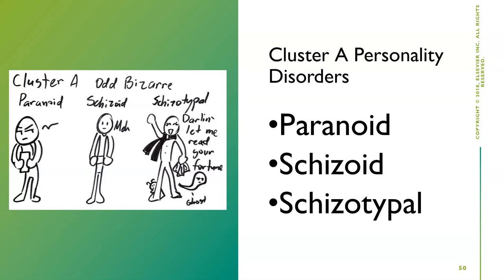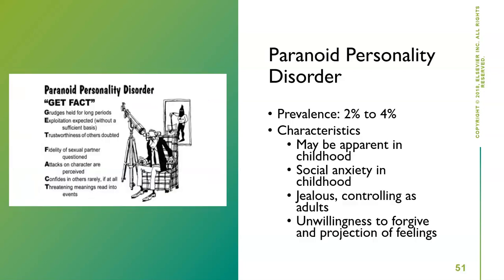As I said when I told y'all to watch this video before class, I'm going to be giving you some examples of people who may have this personality disorder, but I don't draw from real life. So I'm going to be talking about characters from movies and books and TV. Once or twice you might hear real life, but I'm going to keep it very vague and you'll see why. So cluster A, we're going to talk about paranoid, schizoid, and schizotypal. And again, we need to be able to differentiate between all of these.